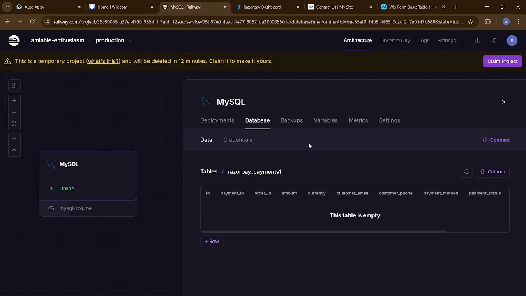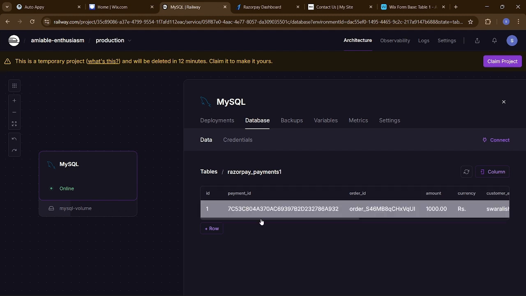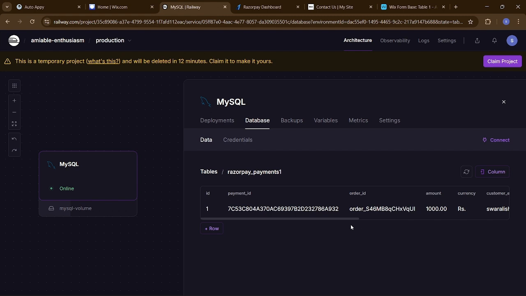So let's go and check this up. So here you can see we have the payment ID, the order ID, the amount and the currency with the email, and the remaining fields as null because we did not map them. So this is how the automation takes place basically. Hope so that you understood the automation and you have got the concept of this